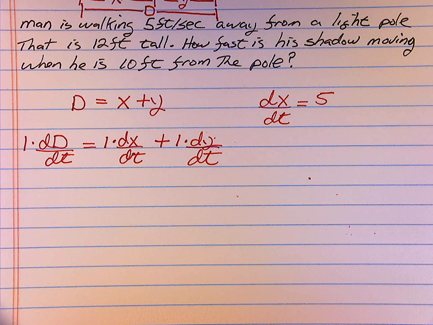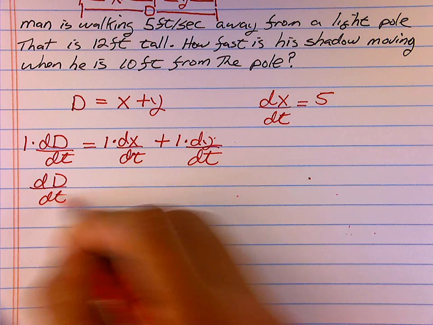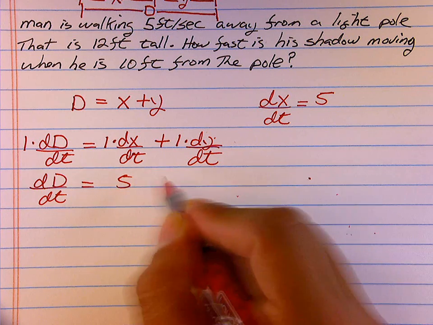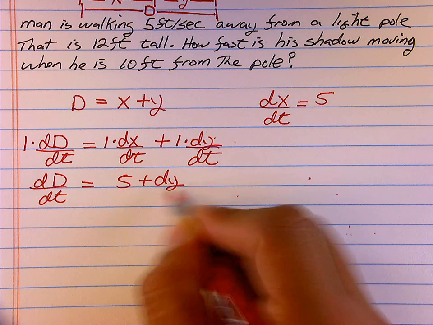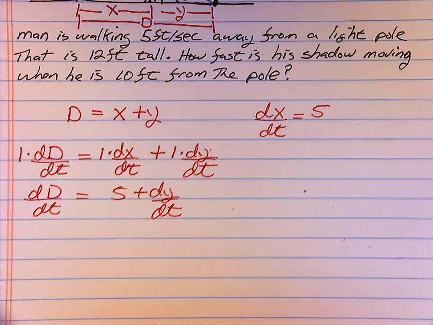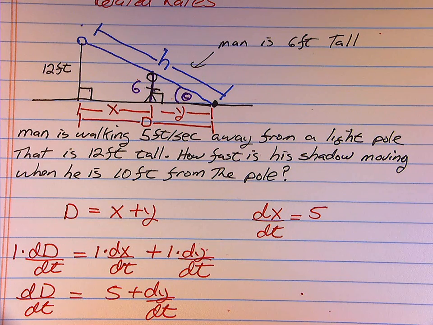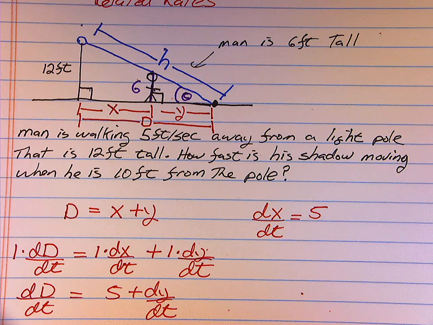So now that I've come this far, I need to figure out what dy/dt is, because I can clearly see that this is a 5 plus dy/dt. So somehow I have to have a relationship with y to the rest of the information I know. Where will I get that? I'm going to come back up, and I'm going to use similar triangles,